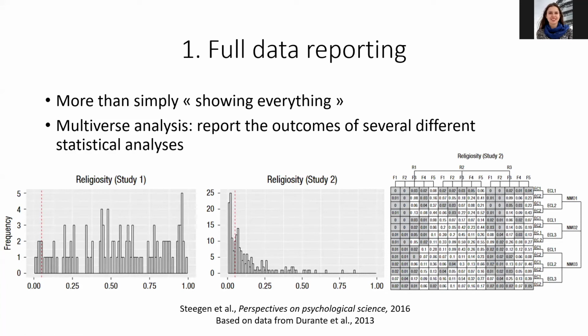There was this study in which Stegen and colleagues analyzed data sets from two different studies by the same authors, assessing the effect of fertility on religiosity. Both of those studies, study 1 and 2, found a relationship between fertility and religion. However, in the Stegen paper,